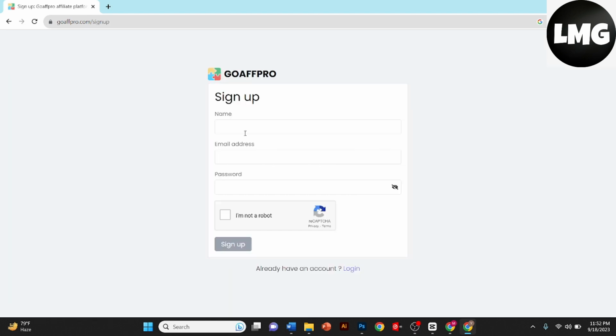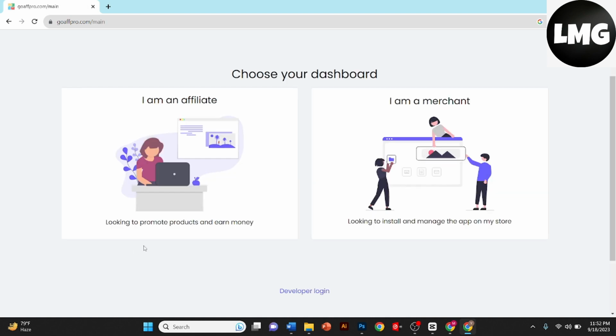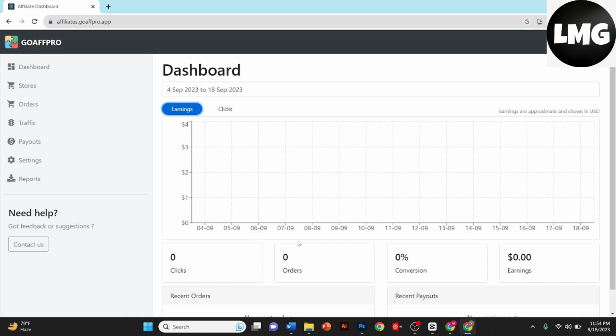Here you need to provide your name, email address and password. Then you need to choose your dashboard. Click on I am an affiliate. Once you have completed the required fields, agreed to their terms and conditions, and submitted your application,